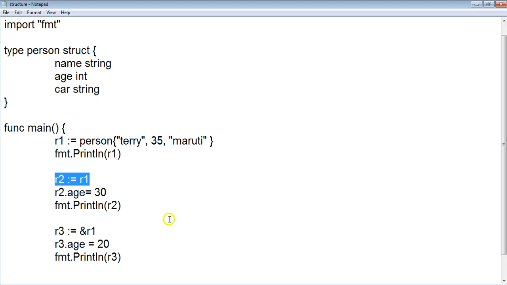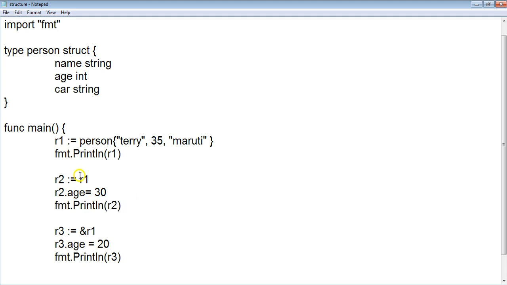I repeat, this is copy structure by value. Now r2.age equals 30. r2 is again a structure variable carrying the values Terry, 35 and Maruti, and the age is reassigned to 30 now. So r2 now takes the values Terry, 30 and Maruti. The value of age is rewritten for r2, and finally we print that, which we can see on the output screen shortly.